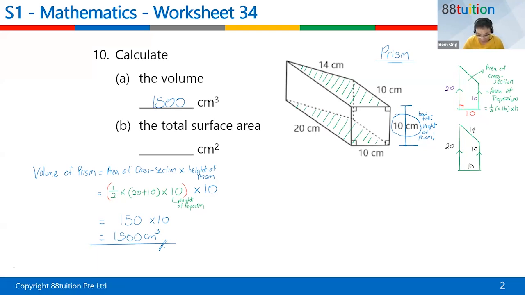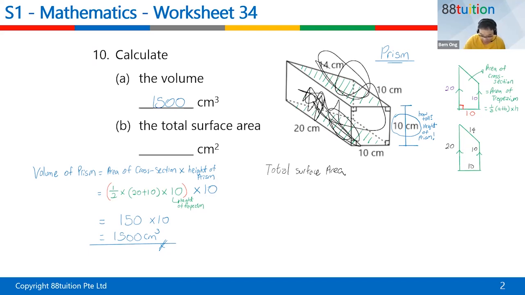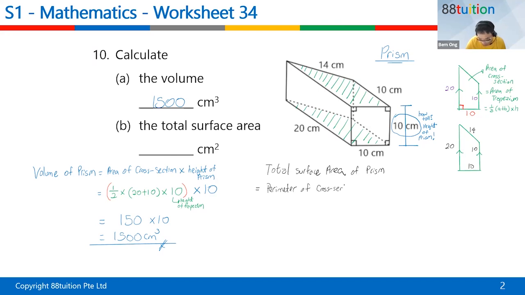And the next thing, how do you find the total surface area? What's the meaning of total surface area? Surface area means the places you can touch. You can touch the top portion, the bottom, the back, the front, the sides, and all around. So for the total surface area of a prism, the formula is perimeter of cross-section times the height of the prism,